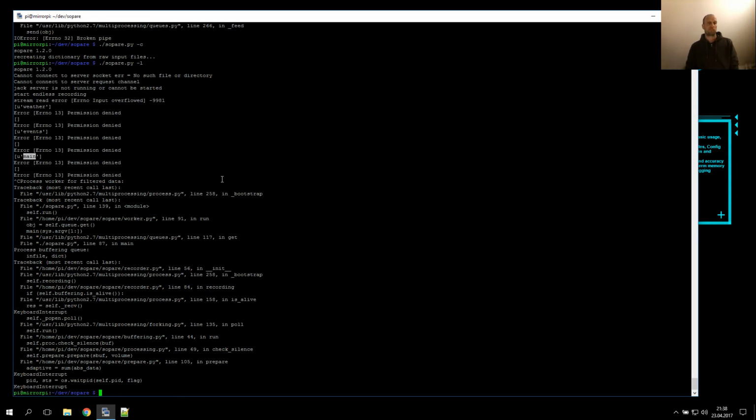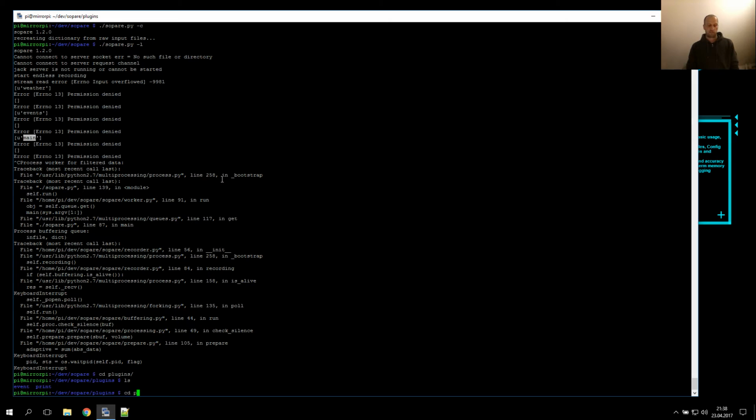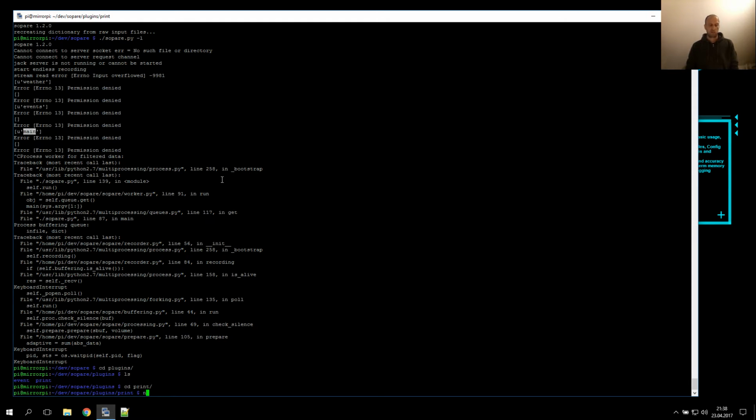And what I want to show you now is how to do your own custom code, how you can now work with Sopare and do stuff. So we have a plugin directory, and inside of this plugin directory is a standard print plugin directory, and you can take a look into the init py file